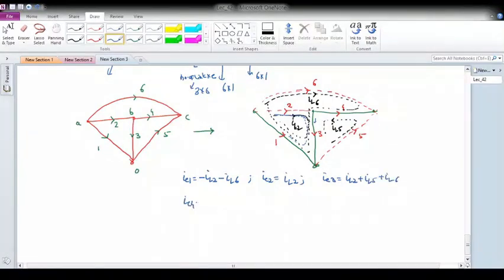What will be for I4? The fifth link current is flowing, which is opposite to the branch current. The sixth link current is flowing, which is again opposite to the branch, so I can write it as minus IL5 minus IL6. Now what is for the fifth element current? I5 is simply IL5, because that is the only link current flowing. What is for I6? It is simply the link current 6 that is flowing.